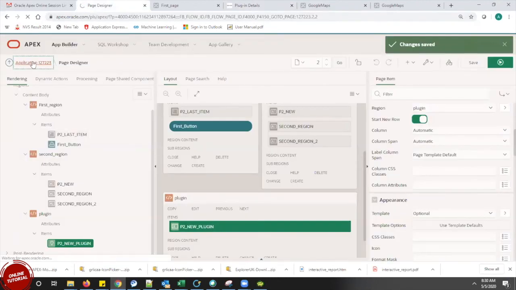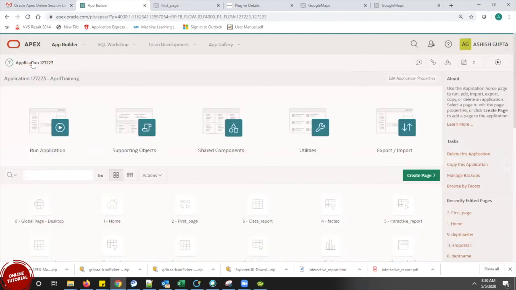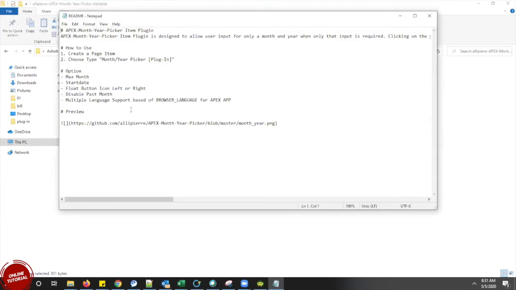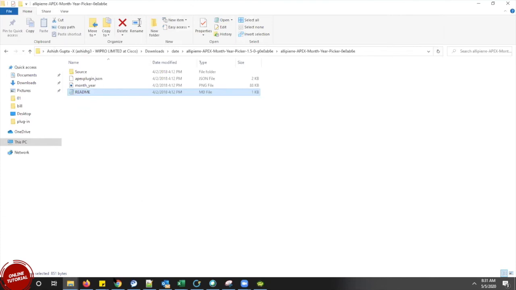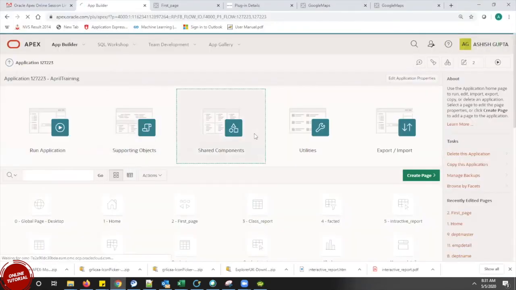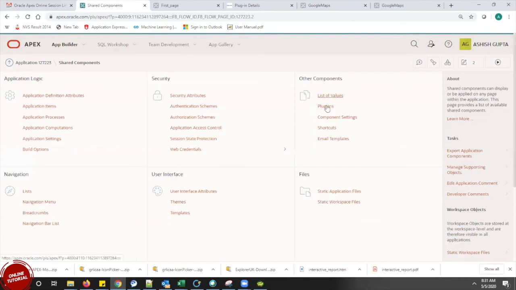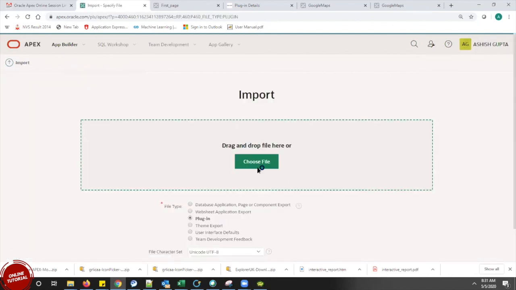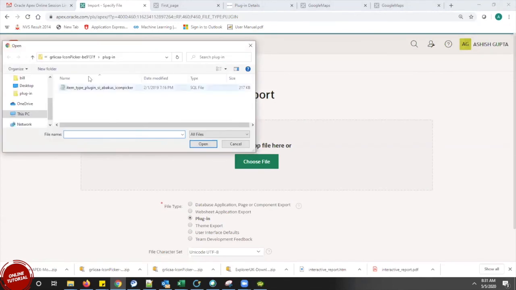I'll go to my application. I have a JSON file here as well, so do I need to import my JSON file also? This is nothing. I go to my shared component, I click on plugin, I click on import, choose file, and I will take my plugin.